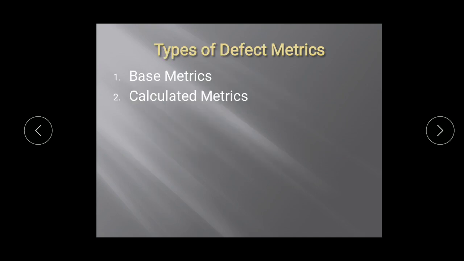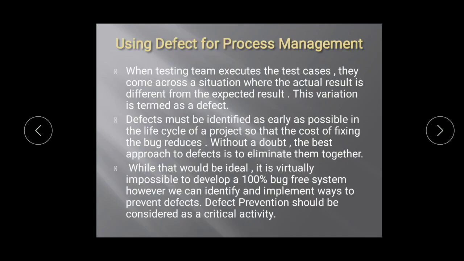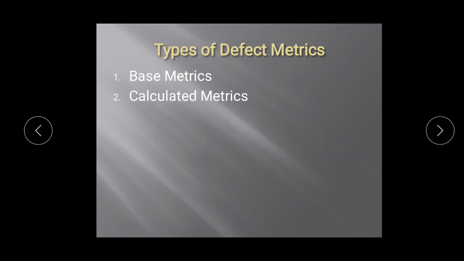Next is types of defect metrics. So what are the types of defect metrics? The first one is base metrics and the second one is calculated metrics. Base metrics constitute the raw data, the raw normal data which has come to the test engineers through the testing effort. It is used to provide project status and evaluation feedback. So base metrics has nothing to do with the testing process. It is just the normal data which has come from the tester, and it is used for evaluation and feedback and to check the project status, how it is working.